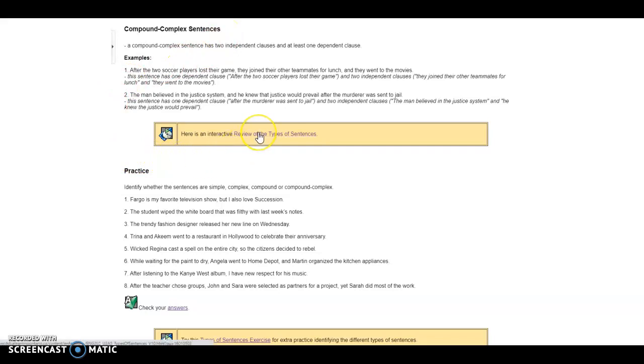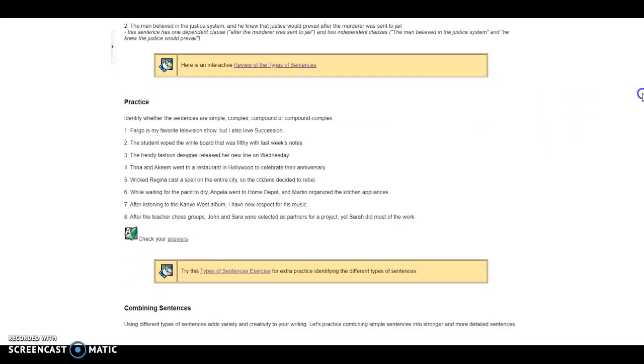If you want, you can click right here and it'll give you a review of those 4 types of sentences. It's an interactive activity where a cartoon young girl explains how the sentences work. So you can take a look at that if you like. But when you feel ready,